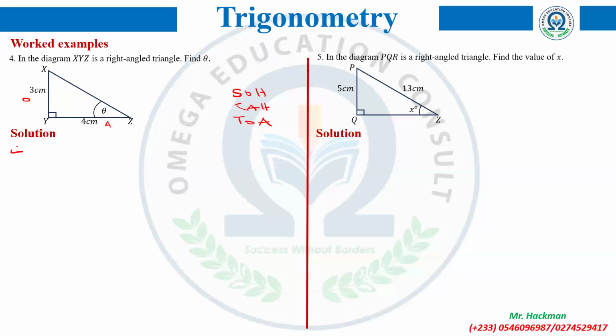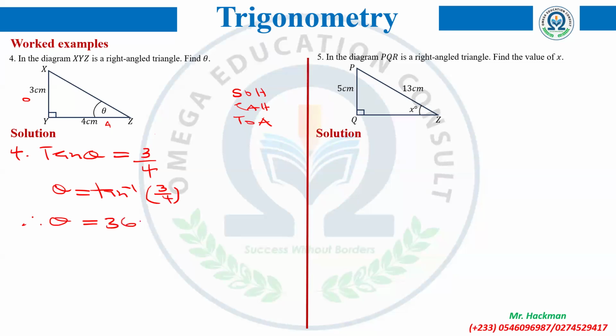So I'm going to write question number 4, and I'll write tan theta will be equal to what? Opposite, remember, so be very careful. Opposite is the first one, so that will be 3 over the adjacent, which is 4. Do you agree? Yes. Okay, so now we know how to find this angle. So I'll write theta will be equal to tan inverse. We are finding, so you take tan inverse of this value, which is 3 over 4. If you can use your head, you use it, otherwise use your calculator. So let's go. Therefore, theta is equal to